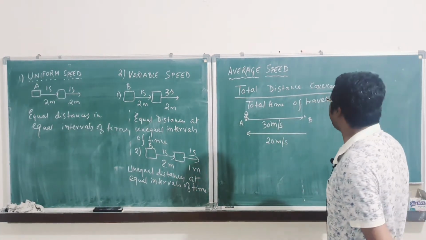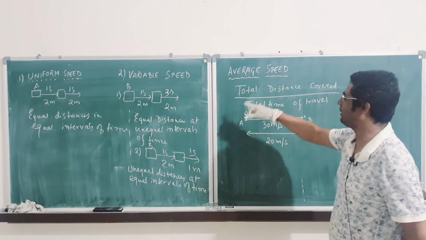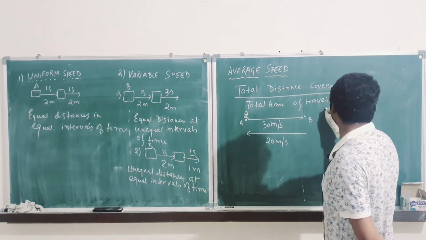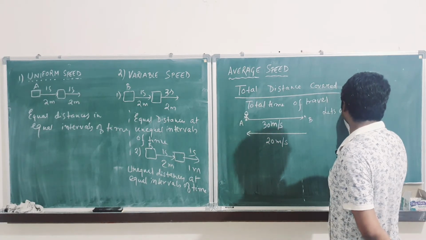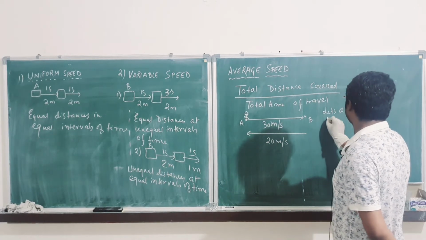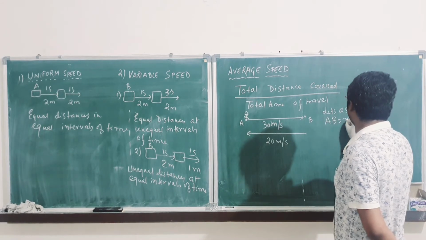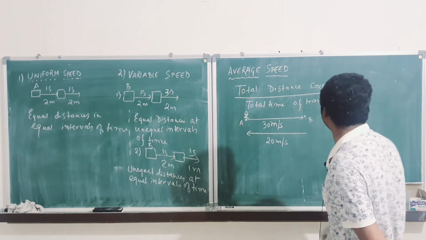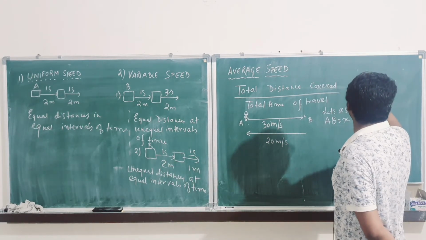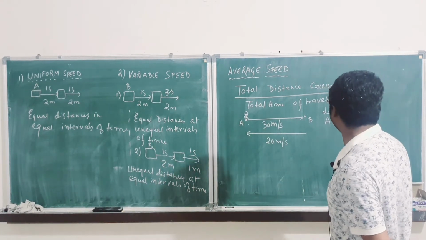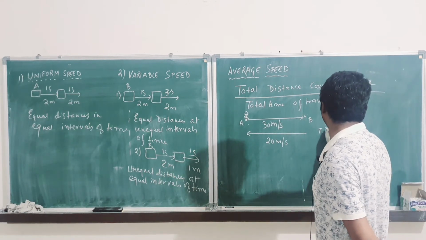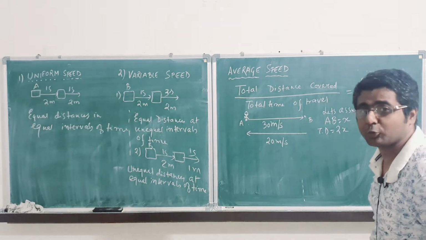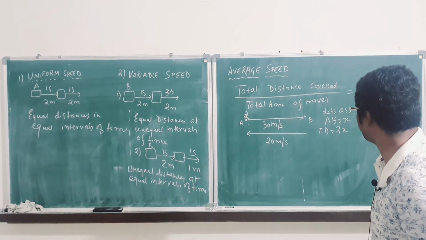So first of all, I know what is my total distance covered. No. So if you don't know the total distance covered, please assume AB is equal to x. So first I go x meter, then I again come back x meter. So total distance covered is 2x meter, right? So total distance will be 2x. Okay? Next is, what is the total time? That also I don't know.